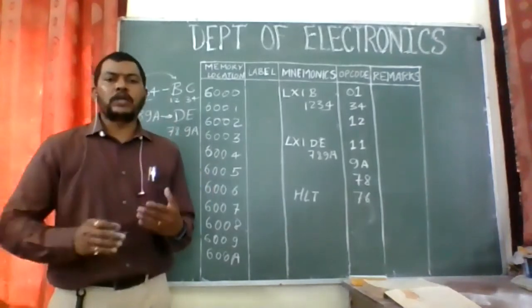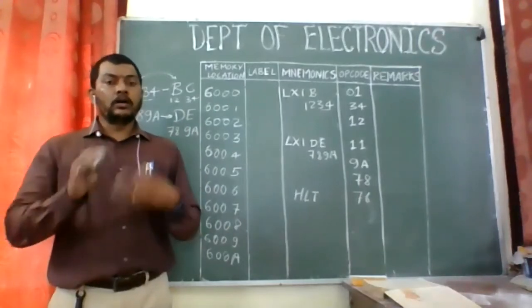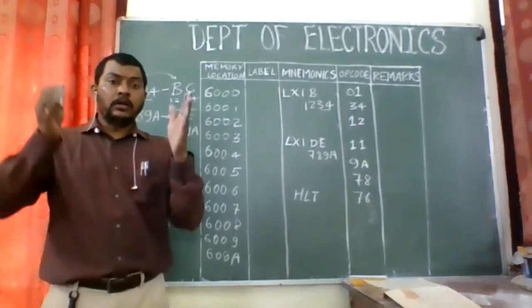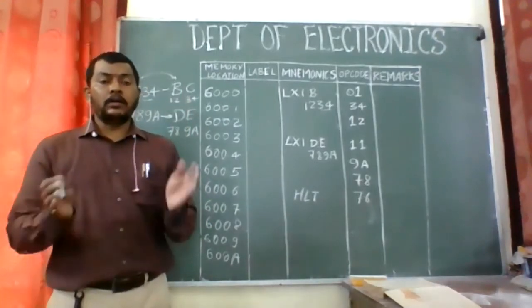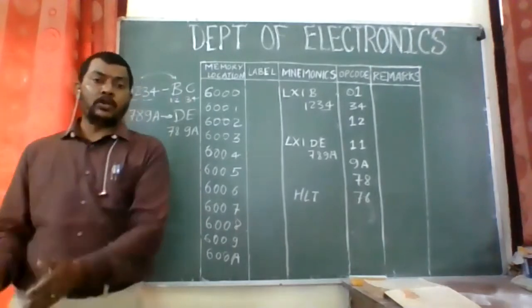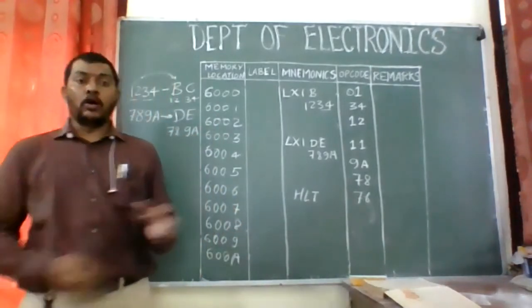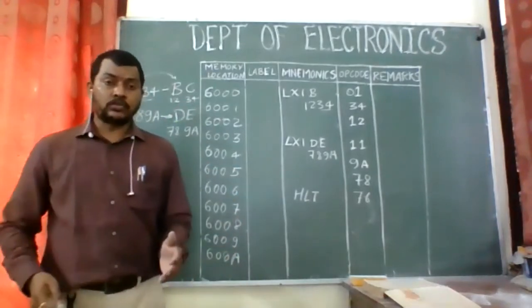And now we will try to do some other programs in which we are supposed to exchange or copy the data in bulk. Means if we have to copy the data from 50 memory locations to another 50 memory locations, how are we going to do that? How much will be the program? What will be the size of the program? That is what we have to study.